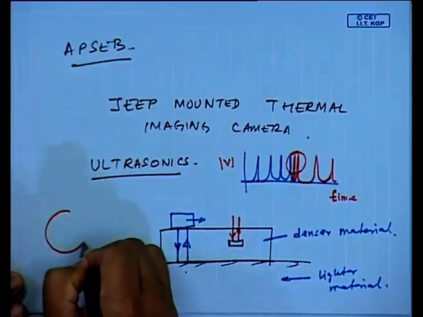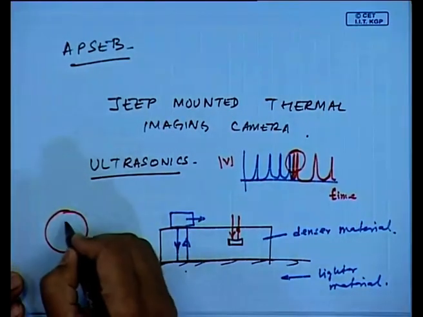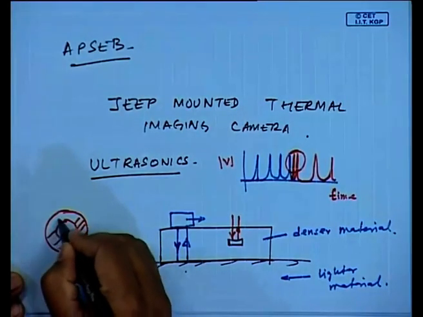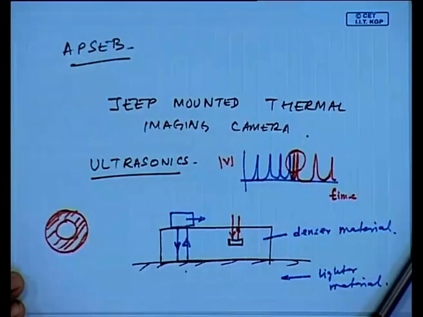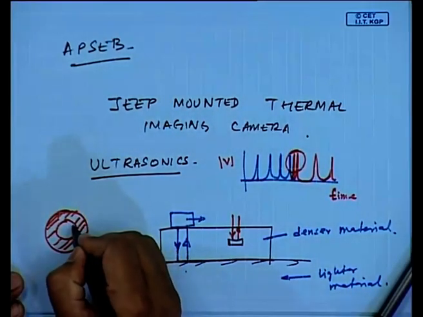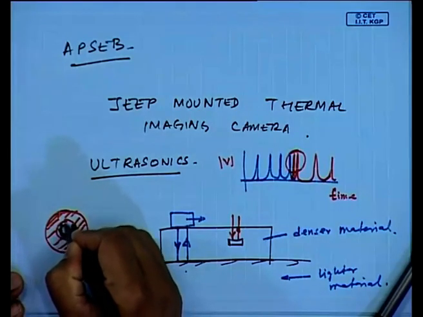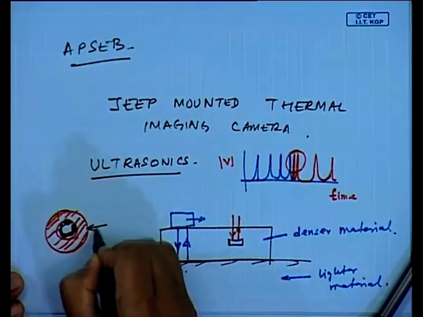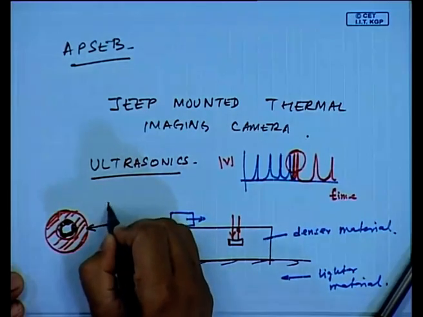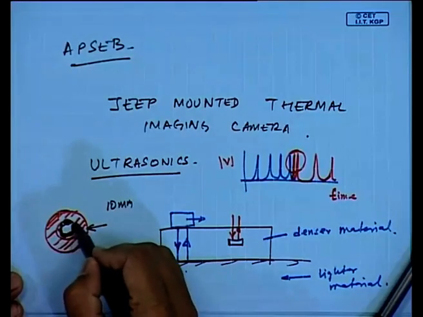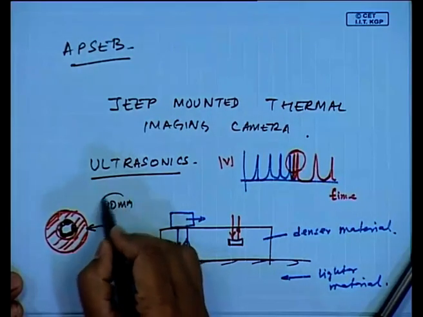In fact, another way ultrasonics are used is in a lot of large tubes of certain cross section. Whenever they carry a lot of chemicals, some things get deposited and clogged. Because of this clogging, the thickness as measured here changes. Suppose originally this was a 10 mm thickness, with time, because of the deposition of solid particles, there will be variation to this 10 mm.